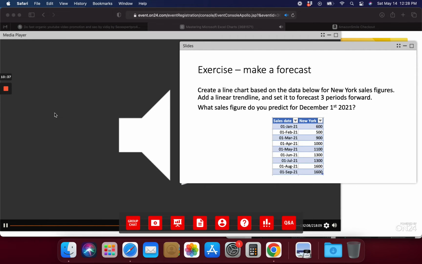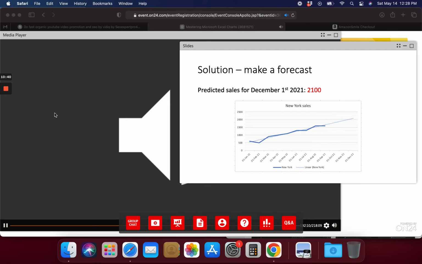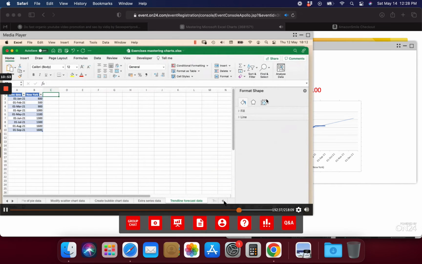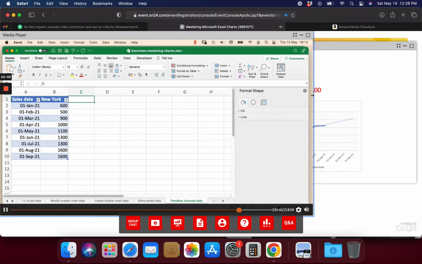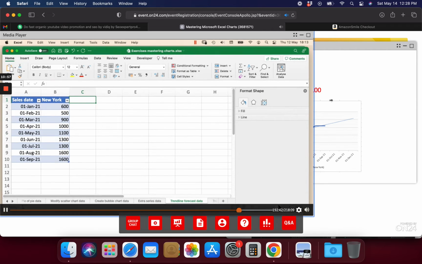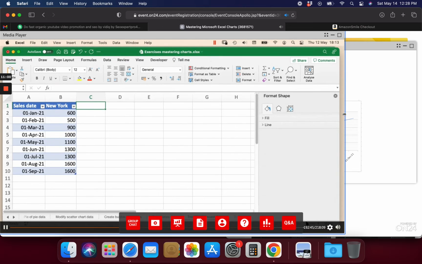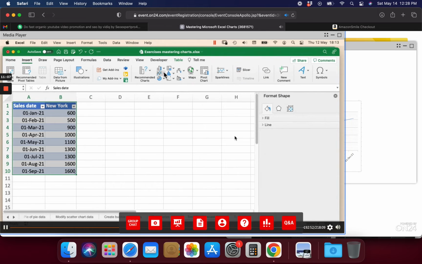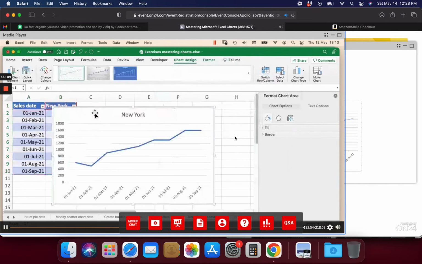Well, what I came up with was around 2,100. And what I think I'll do is just build that up for you and perhaps look at why we may have those differences. So let me go like so and make this a little bit bigger so that we can see what's going on there. Right. I need to first of all select my data, go to Insert, put on a line chart like